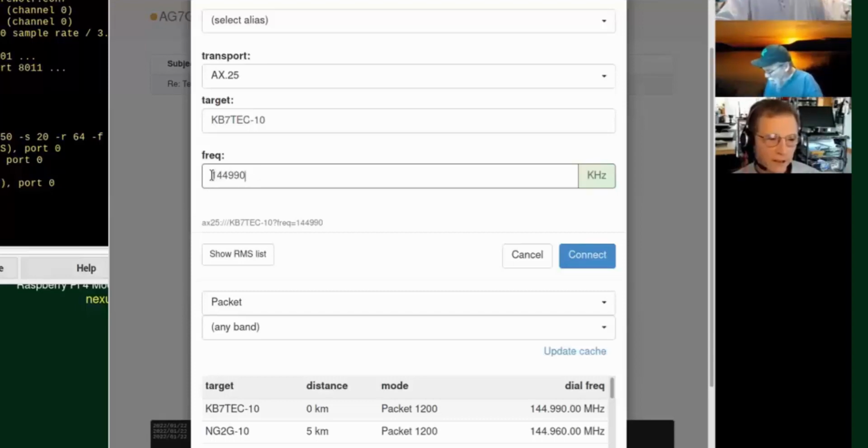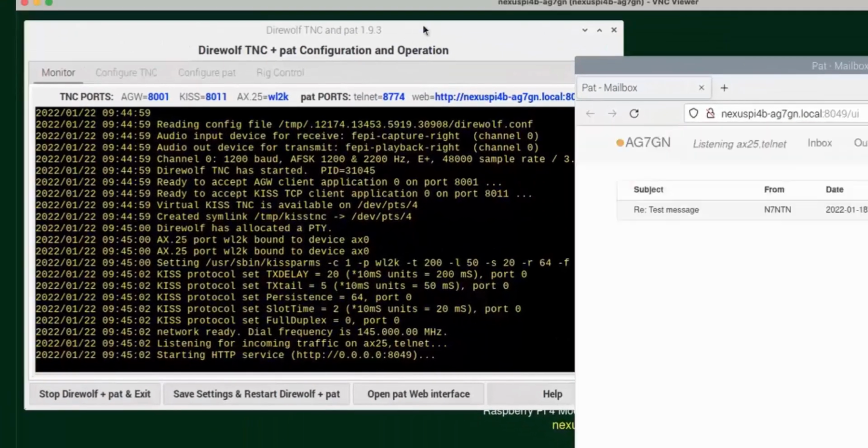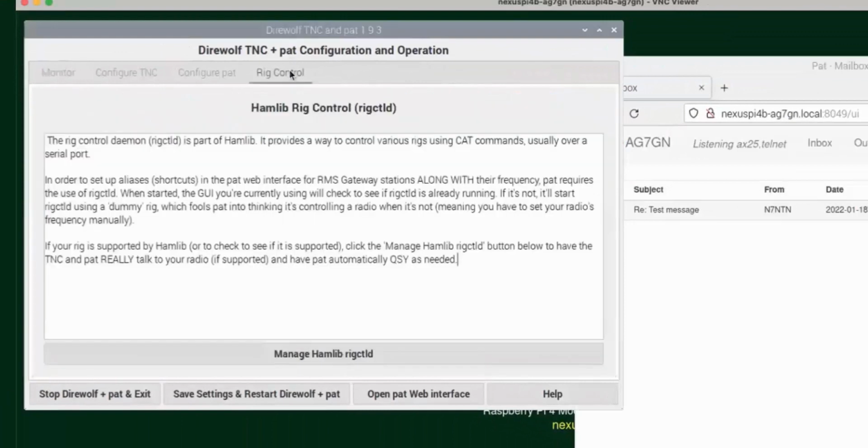If this field is blank, it'll work fine, because if there's nothing in the frequency field, it will not attempt to QSY to that frequency first. Okay, is that clear? That's why I implemented it the way I did with the dummy rig. I do give you the option of going into the rig control, click manage